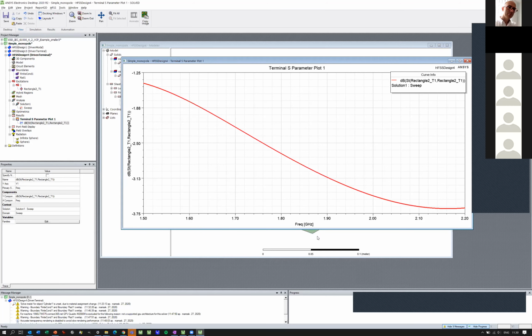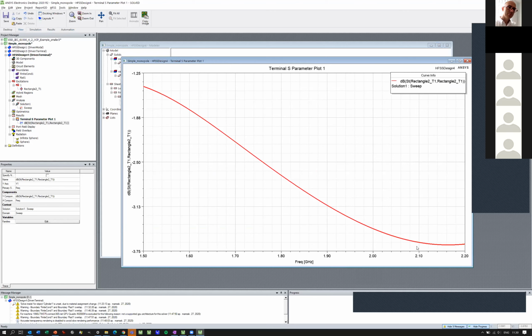We got a report here, and we can see that actually we got the resonance frequency visible here. Oh, we can add a marker here. It seems to be somewhere here. So my antenna is resonating at 2.16 gigahertz, and to be honest, this is not really a good antenna. It's only about minus 3 dB of losses with my signal. So this is not a good antenna at all